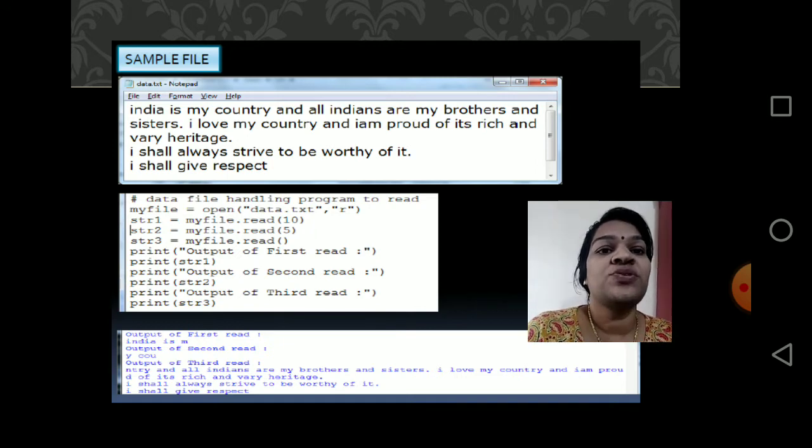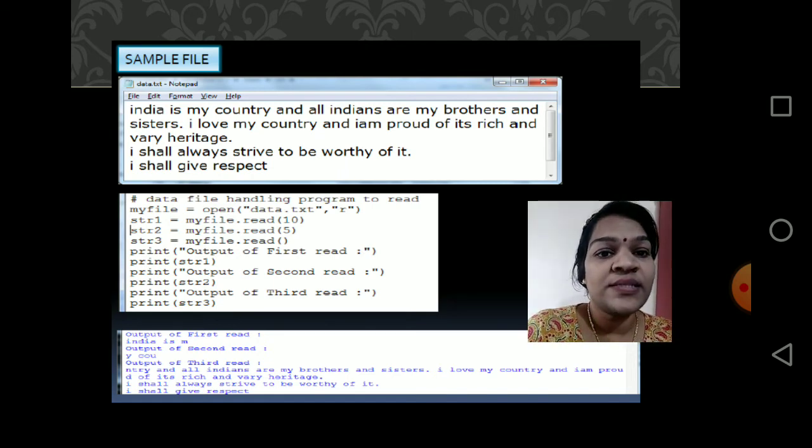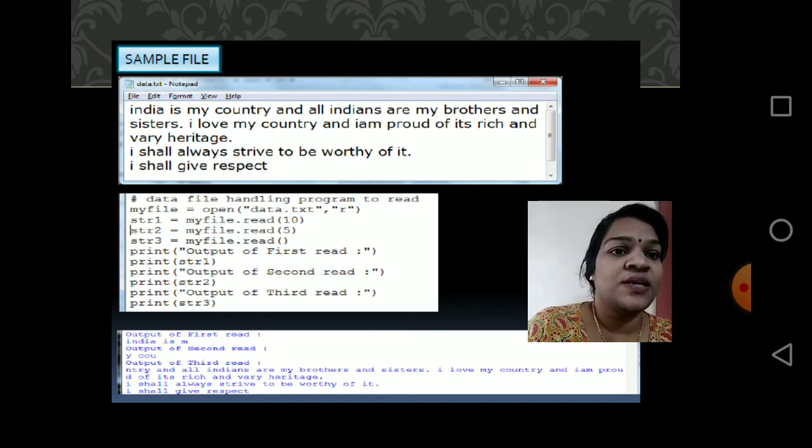Before executing this program, you have to create a sample file like this in notepad, and then run this program. Here I have randomly written some sentences. India is my country, and that's our pledge here. And see, there are different lines. The first line ends at heritage, the second line ends at worthy of it, the third line is I shall give respect.